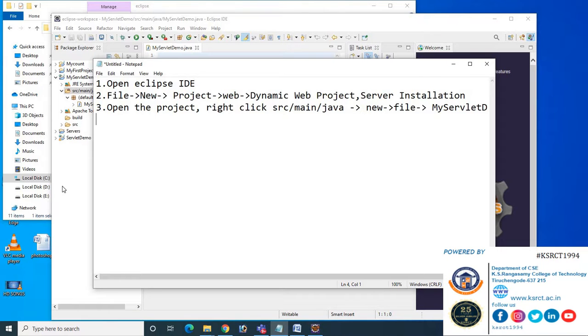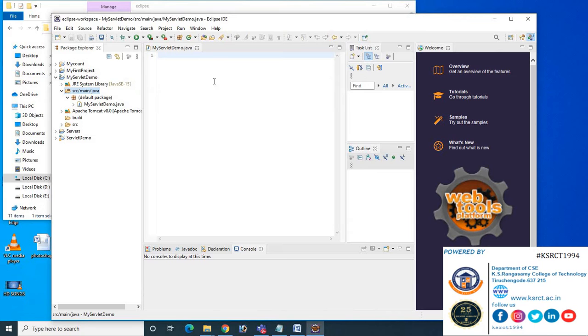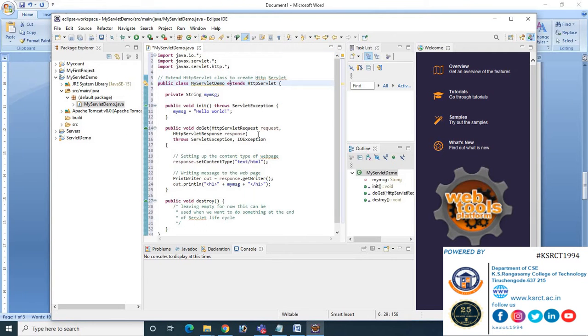So let us give the code for MyServletDemo.java. This is the code we have to write in MyServletDemo.java. The first thing is we have to import java.io.*.